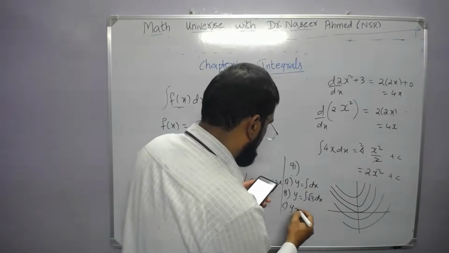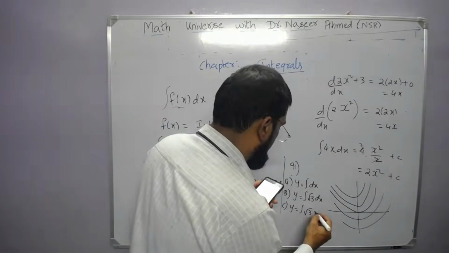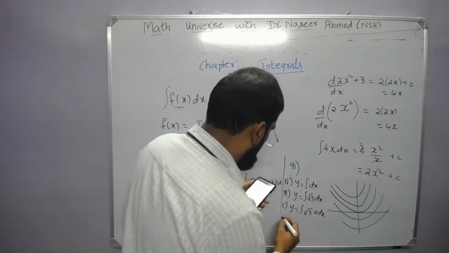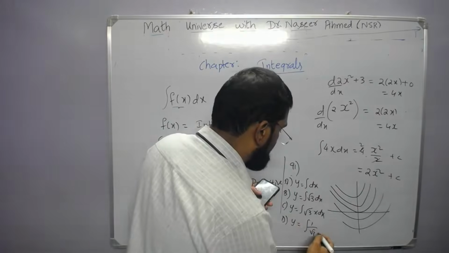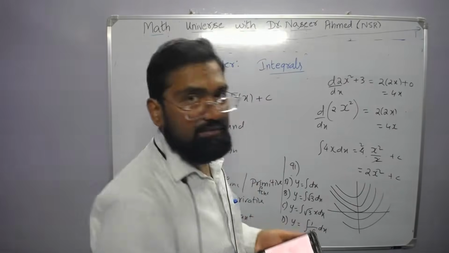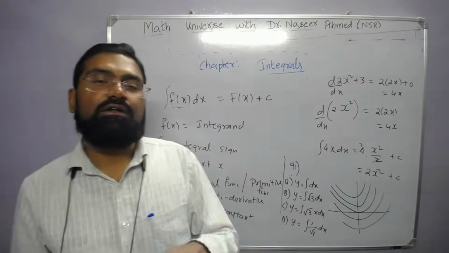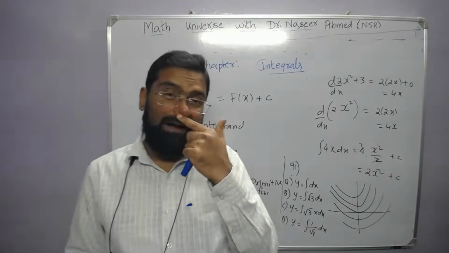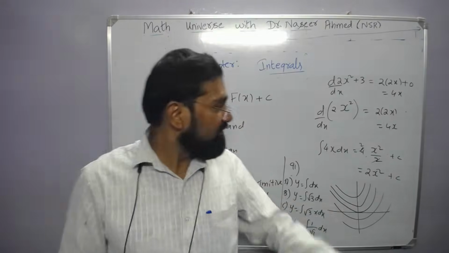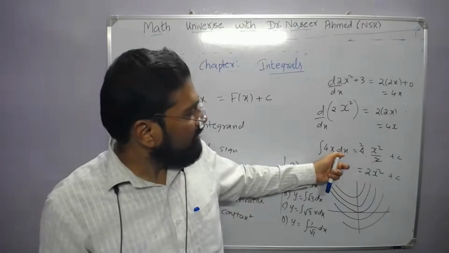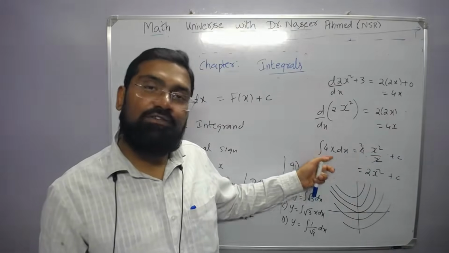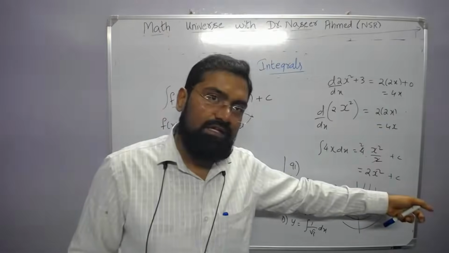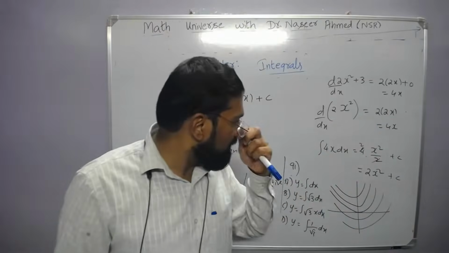Option C is y is equal to integral of root 3x dx. Then option D is y is equal to integral of 1 by root 3 dx. One thing you understand: if I want the curve of degree 2, I have to integrate a degree 1 term, as you can see here. Here I had degree 1. To get degree 2, I should have degree 1. Similarly, if I have a constant here, if I integrate x, so with respect to polynomial expression,